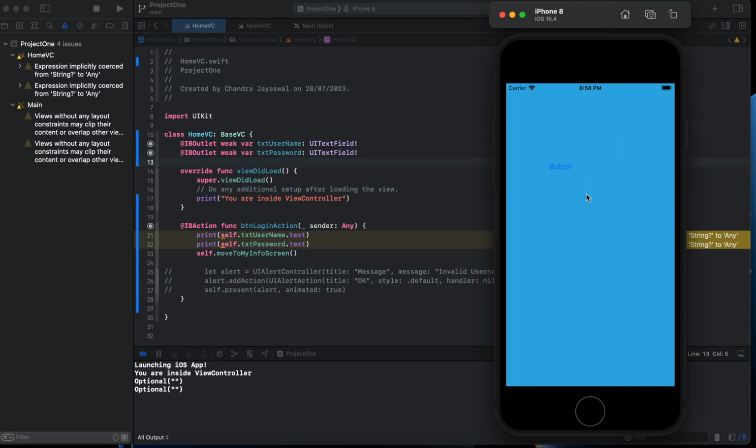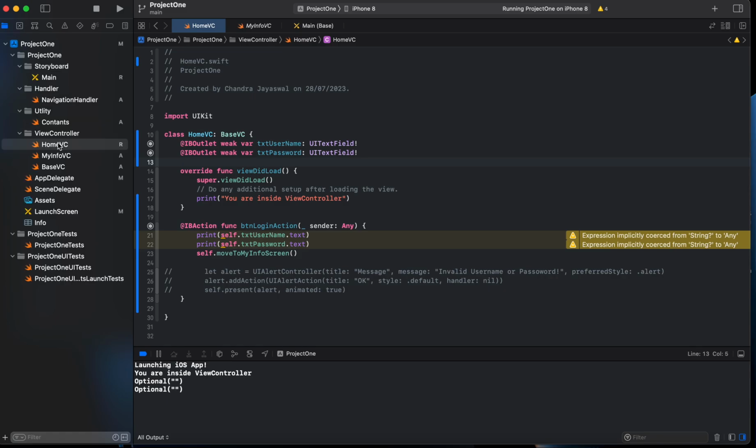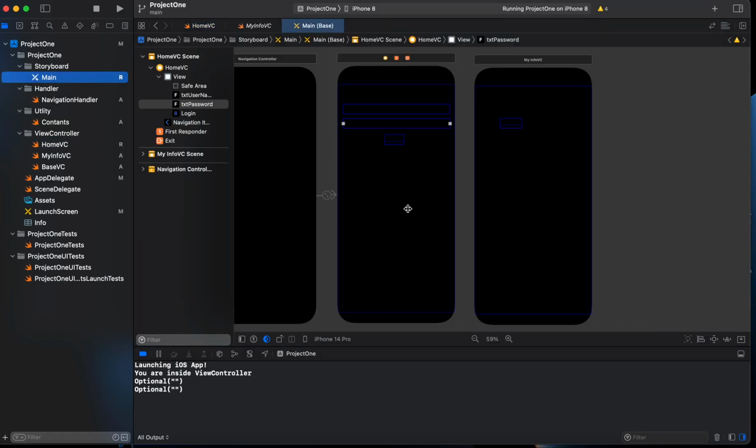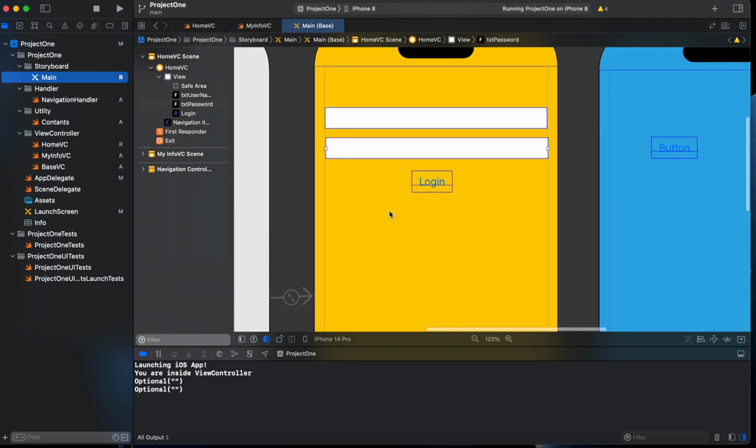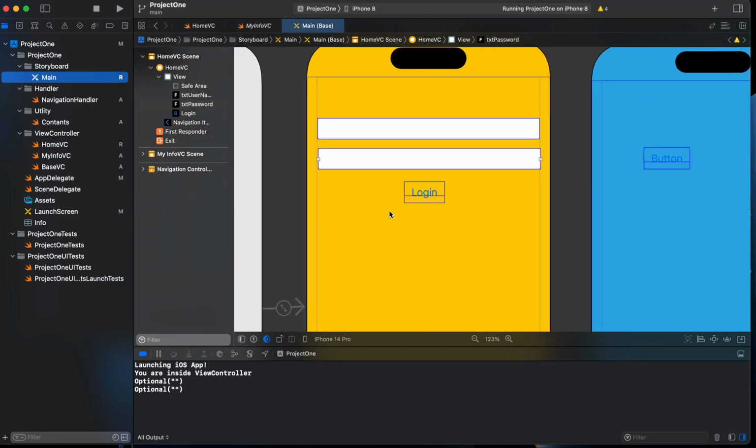Now let's add more logic inside this project. First of all, let's improve the design. For that I'm going to open the storyboard, and we learn here some concepts about auto layout. So see, this is our first text field. Tap here,